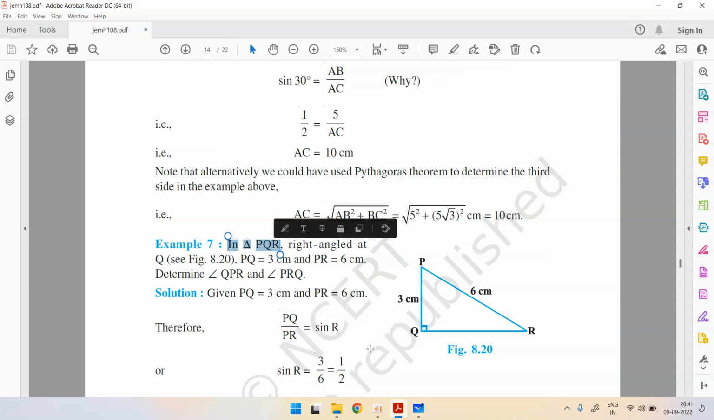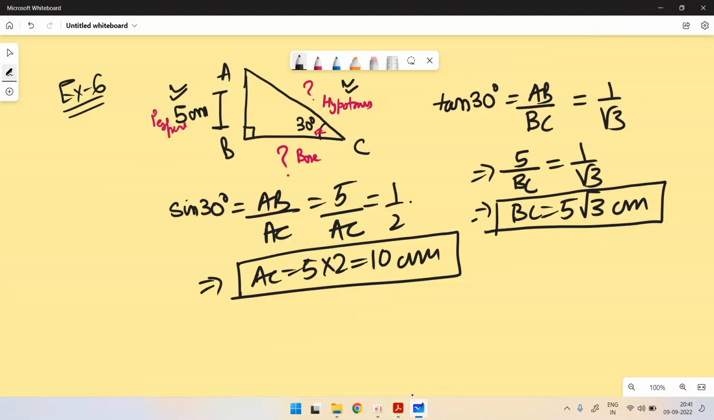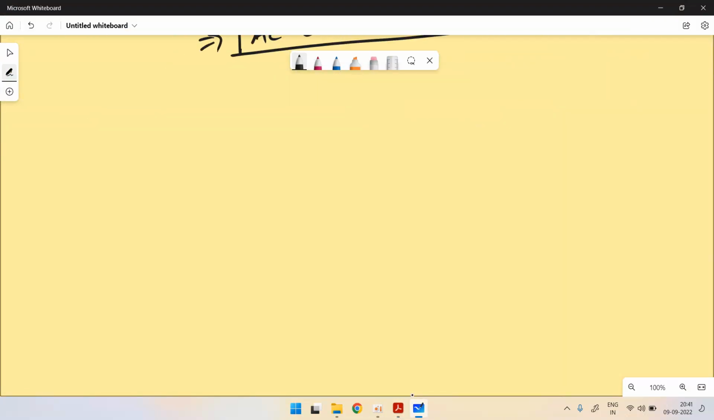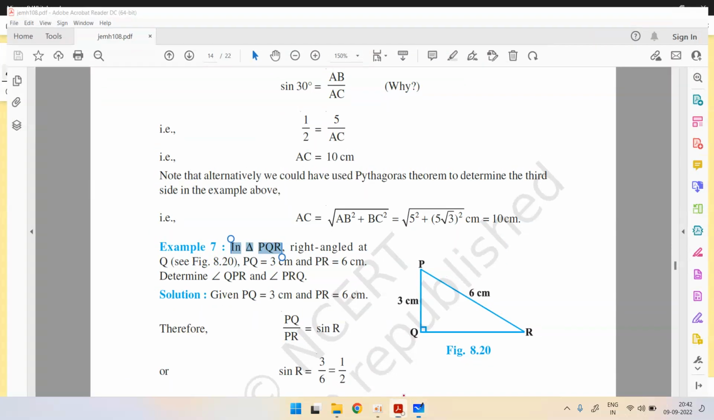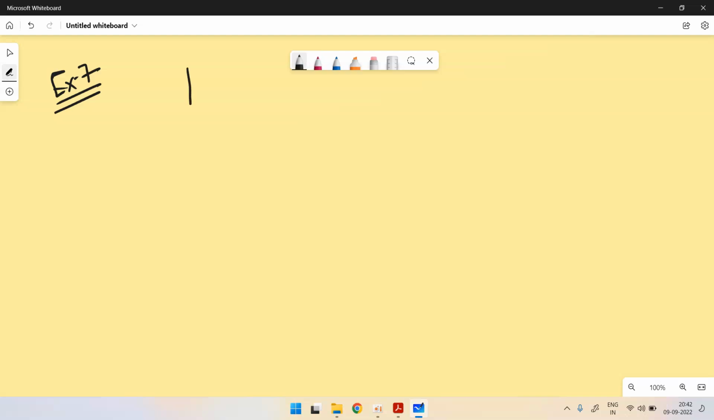In triangle PQR, we need to draw a triangle PQR. Always draw, even if the figure is given, because most of the things are hidden in the figure. If you draw the figure, you will get the relation between the terms. So in triangle PQR, this is a right angle at Q, angle PQR,